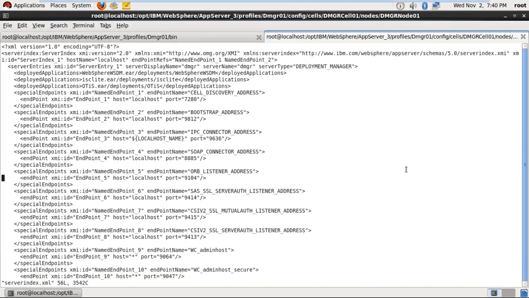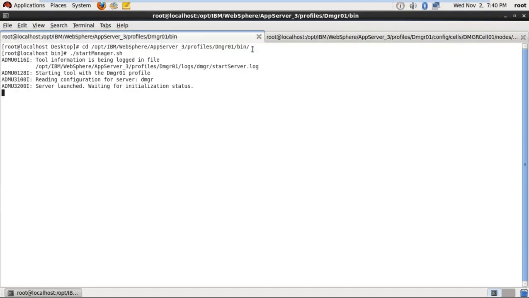We cannot recognize the port number just by that. We have to recognize it from the endpoint name, WC web console admin host. Using this we have to recognize it. The same way we can see it in the administrative console also, with the same port numbers. So once we open the administrative console,